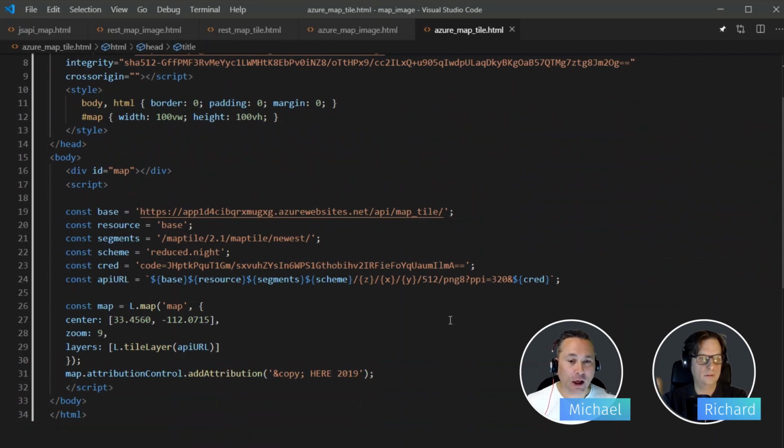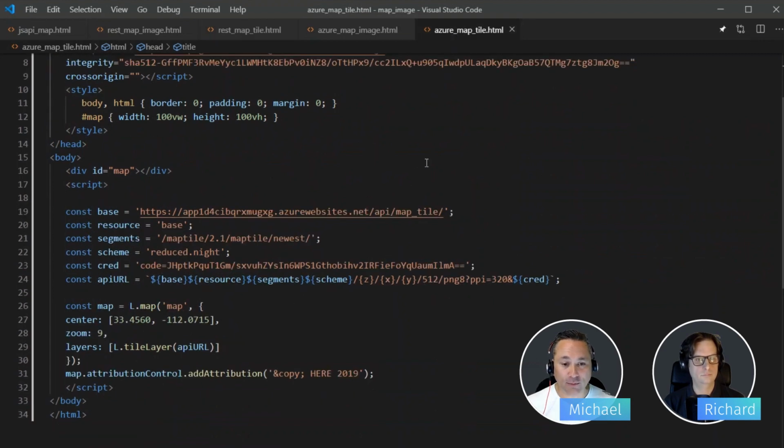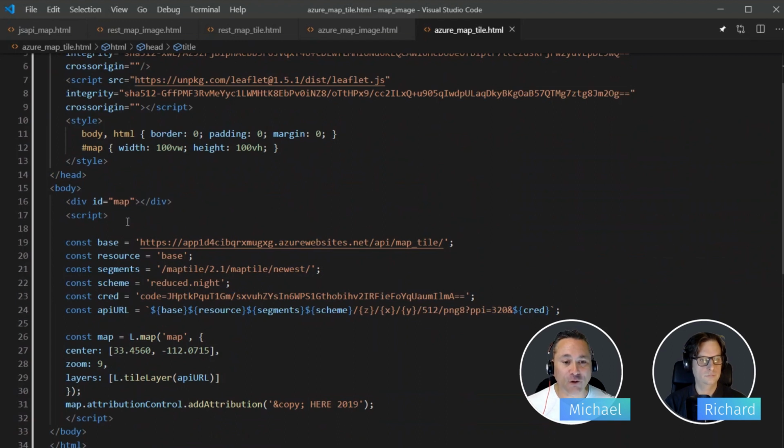So in this example, maybe just as a point of reference, if I go back over to the REST map tile, this is without using Azure, we're almost kind of creating the same URL in code down here and then displaying it through Leaflet. We're going to be doing the same thing here. We're still using Leaflet, but instead of calling our API directly, we're now going to be calling it through our Azure. You can see the Azure website's URL here. This is our customized URL that we could copy from the Azure website, place in here, and then of course we can break it out into separate pieces